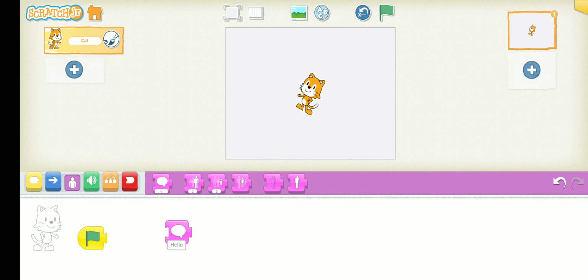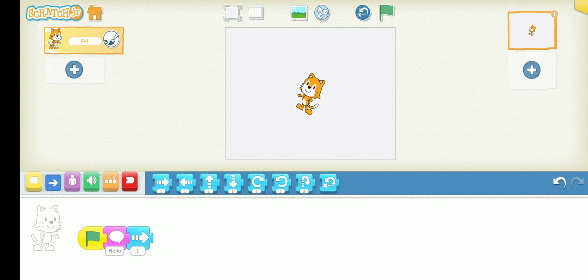After typing it, I am just joining it with my start button. After telling the message, again I want it to go forward one step. Very basic thing. Here I am just giving you the introduction about the blocks, what the function of the blocks are, so that at home you can explore the blocks on your own and you can make your own programs.